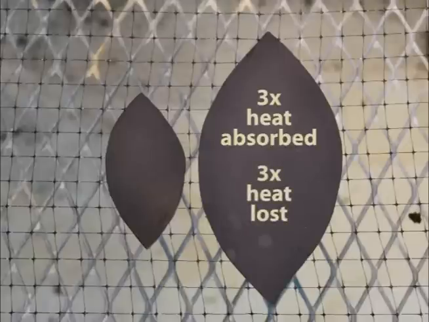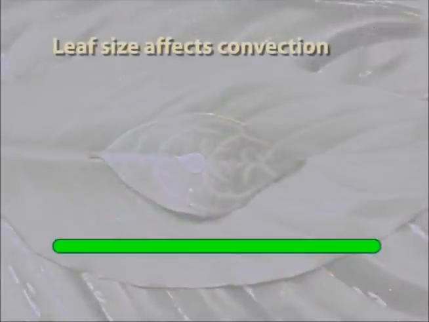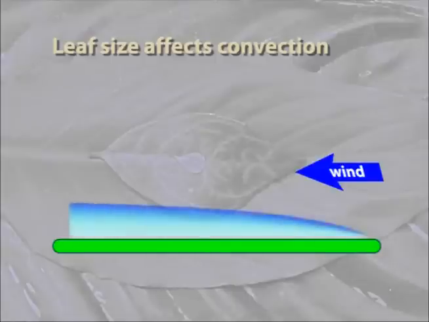This means that there should be no difference in temperature between the large and small leaf models. Yet there obviously is a difference. We observed it. What's going on? What's going on is an effect of leaf size on the convection coefficient. Air flowing over a leaf forms a so-called boundary layer. This is basically a region of viscous momentum transfer from the wind to the leaf, but there's an additional effect.